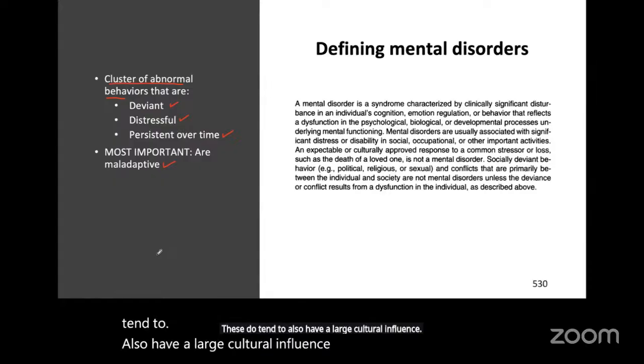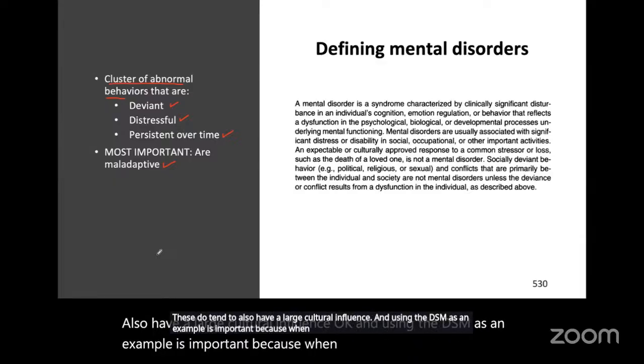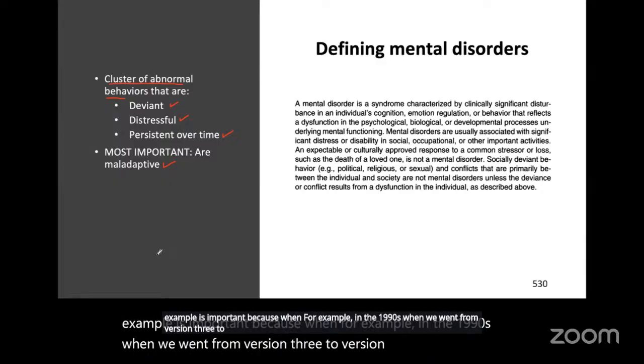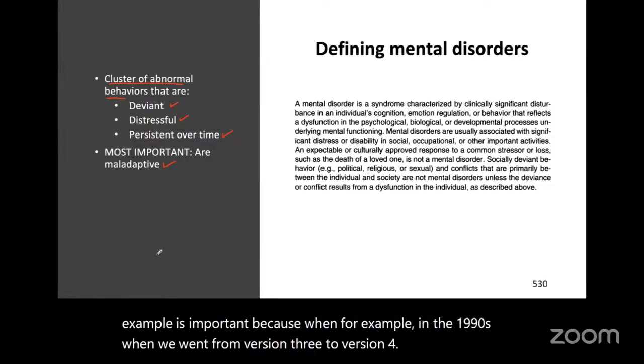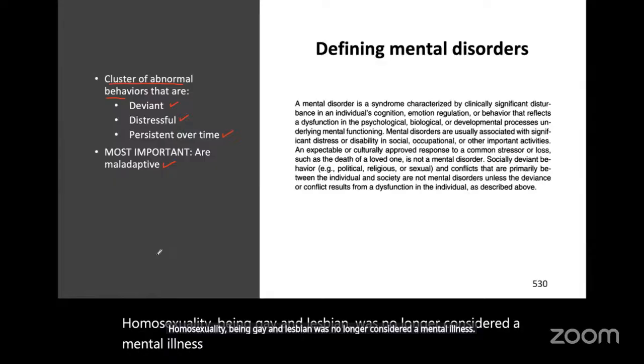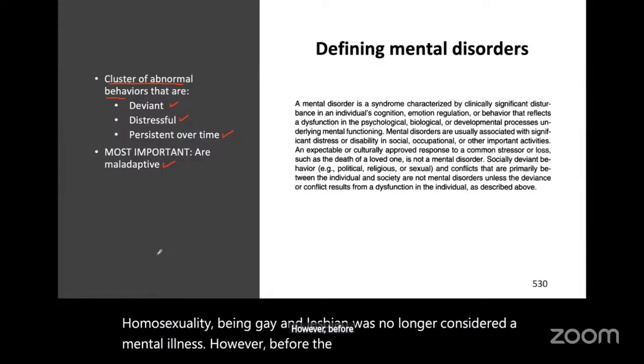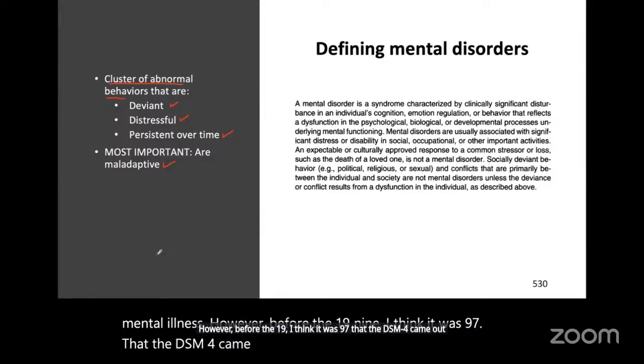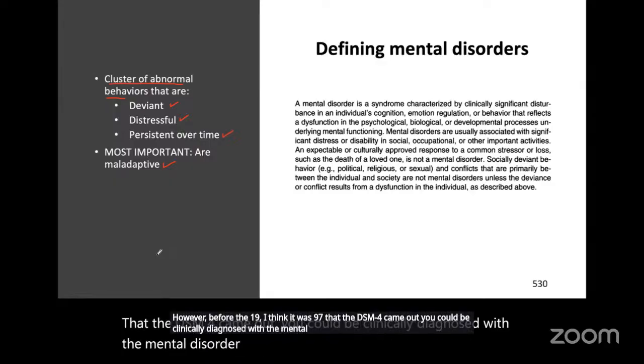And using the DSM as an example is important because in the 1990s, when we went from version 3 to version 4, homosexuality, being gay and lesbian, was no longer considered a mental illness. However, before 1997, I think it was, when the DSM-4 came out, you could be clinically diagnosed with the mental disorder of homosexuality